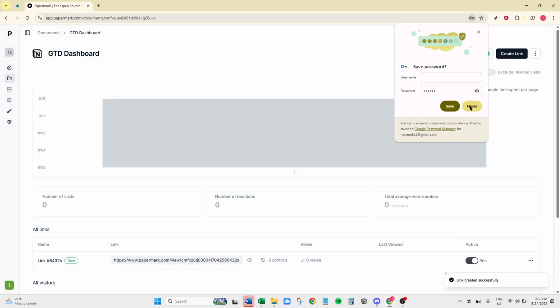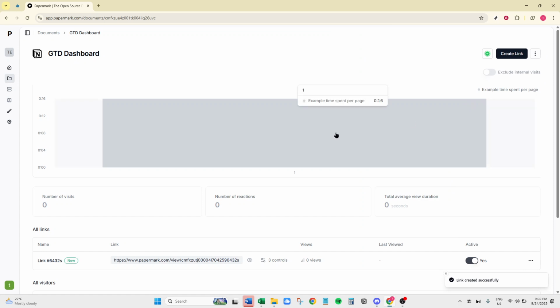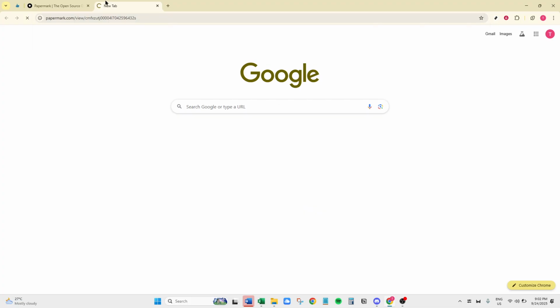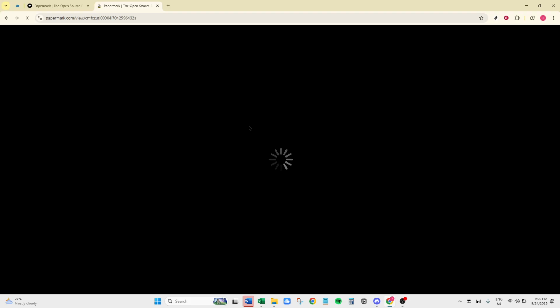Finally, click Copy and Share. This action copies your newly created secure link to your clipboard, ready for distribution. Share this Papermark link with anyone you want to grant access to your Notion page. Remember, upon opening the link, each person will be prompted to enter the password, ensuring that only authorized individuals can